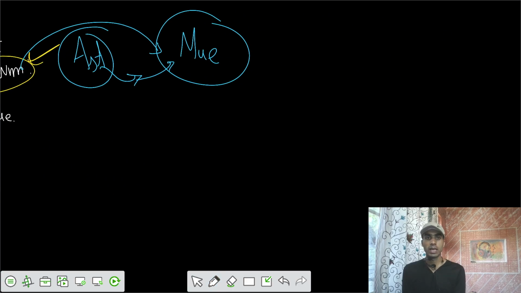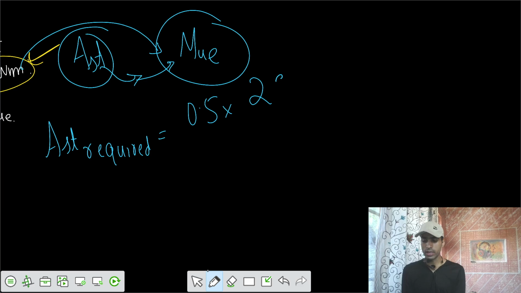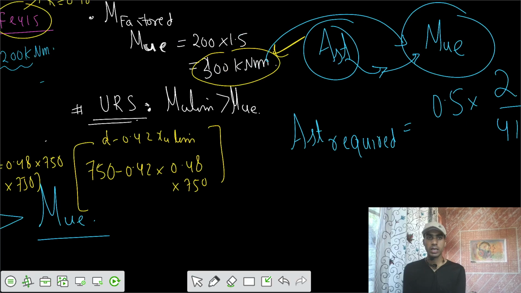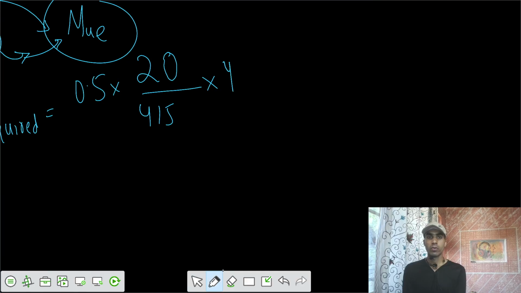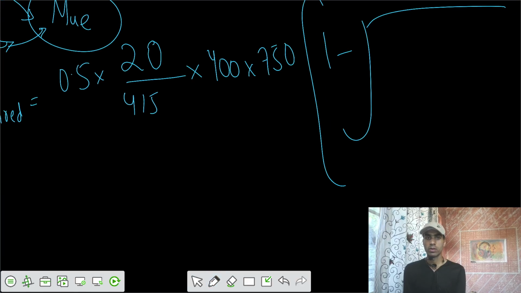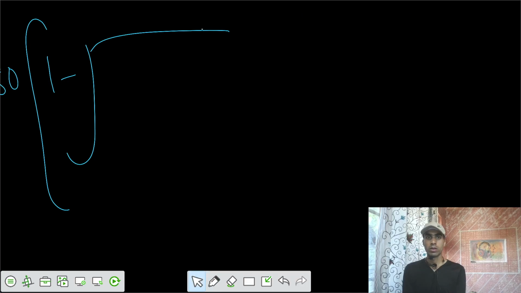So that's your area of the steel. So let's write the equation. What should be the area of the steel required? Area of the steel required equals 0.5 FCK by Fy into BD. FCK, what was FCK? 20 megapascals, M20. B is 400, D is 750. Then we have this bracket: 1 minus root of 1 minus